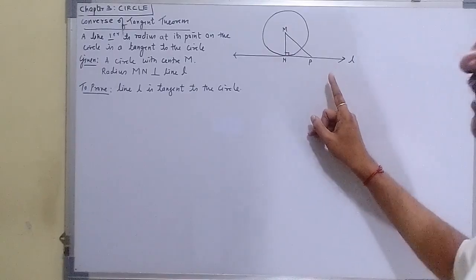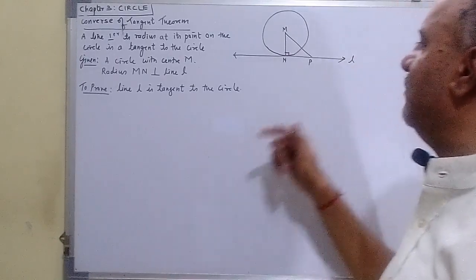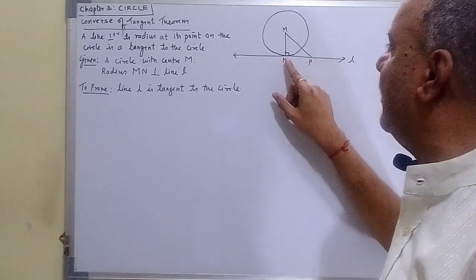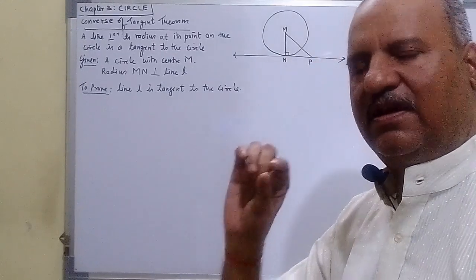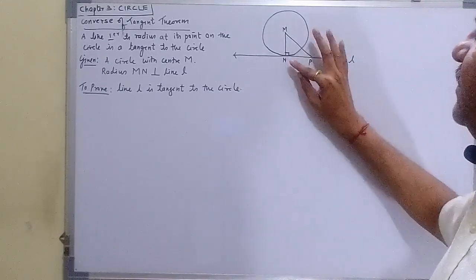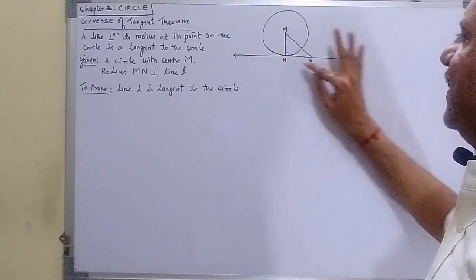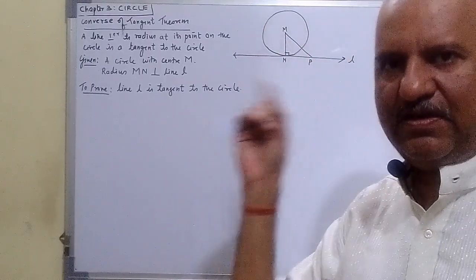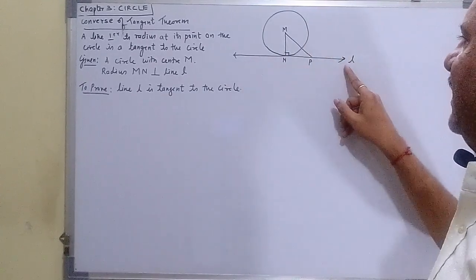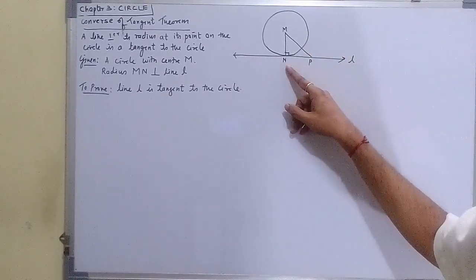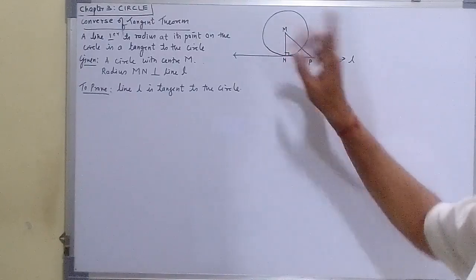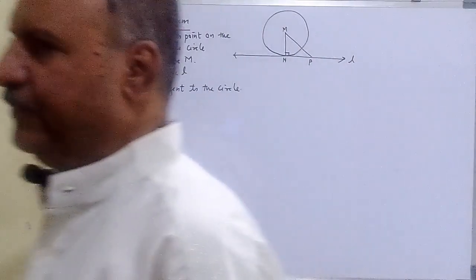So how you will start? हमें supposition लेना है. हम supposition ऐसे लेते हैं कि take a point P. हम इसको perpendicular नहीं मानेंगे. हम थोड़ा सा बताएंगे कि ये perpendicular क्यों है और कैसे. Take any point on this line other than N. Take a point P on line L other than N. Okay, and draw segment और MP ज्वाइन कर दो. तो लिखो वो